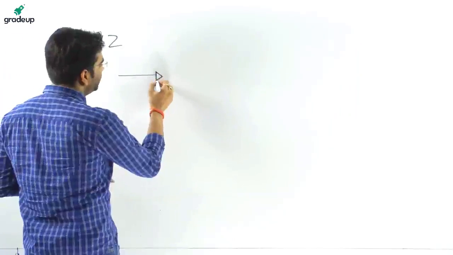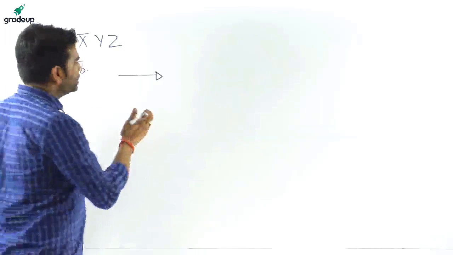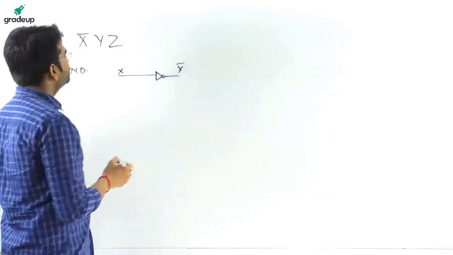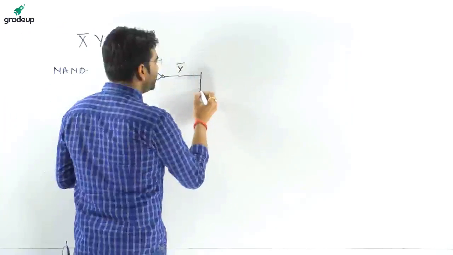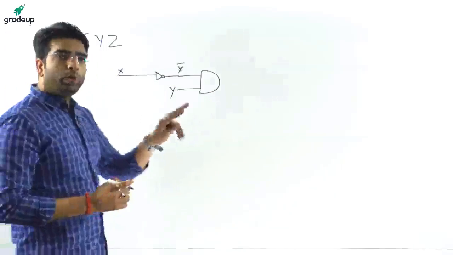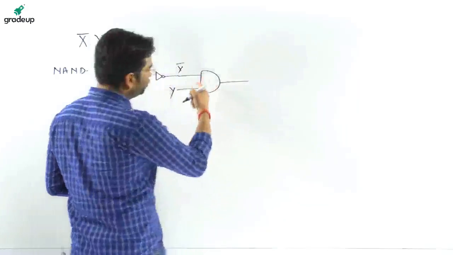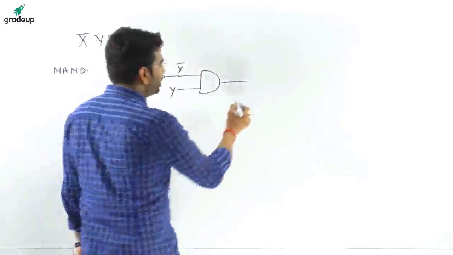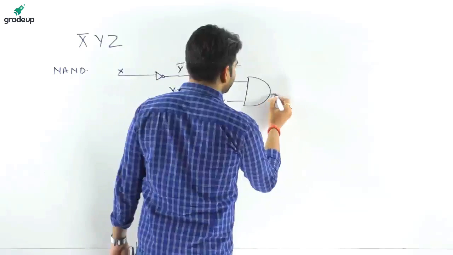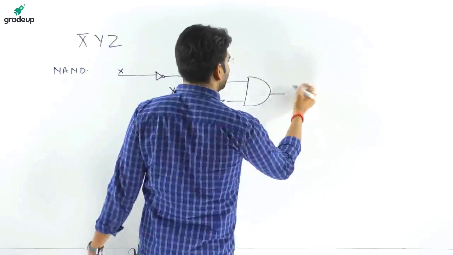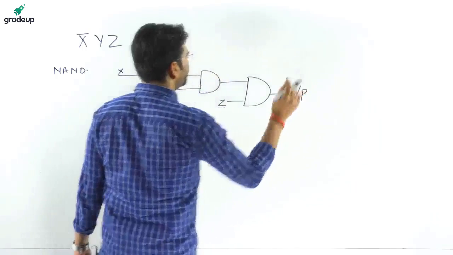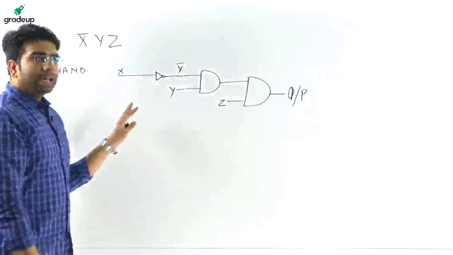First we draw a generalized thing. Suppose X was applied, we are going to get X bar at this place. It is an AND operation, we will be getting Y at this place. Only 2 input gates are available, so we have to put just 2 values at the input. Again, for Z, it is for the output. Take it as output only. Can we reduce it?